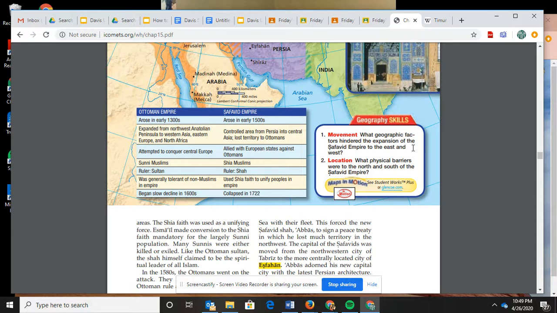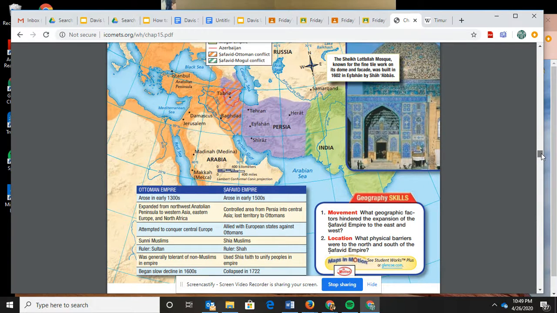In some ways, you can make an argument that that's maybe a backwards thing to do, but you'll see in other countries where they let people privately practice the religion they want to practice, and the government focuses on running the country in a non-religious way. Sometimes that makes society run a little bit more smoothly, like separation of church and state. That clearly does not happen here in the Ottoman and the Safavid empires. The Mughal Empire is going to be a little bit interesting because so many Hindus are ruled by such a small percentage of Muslims.